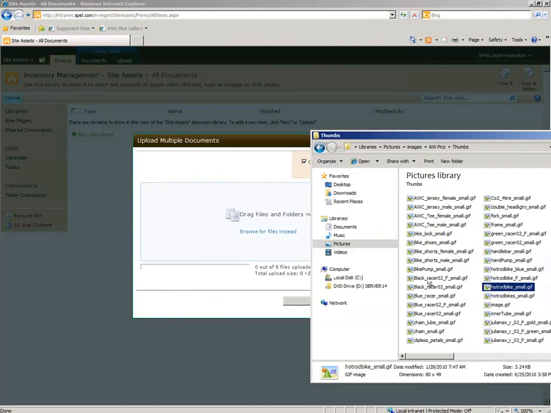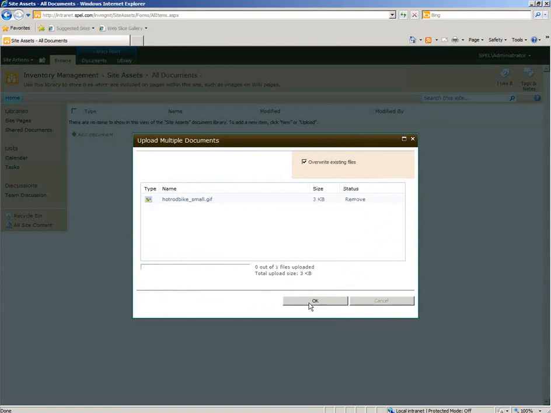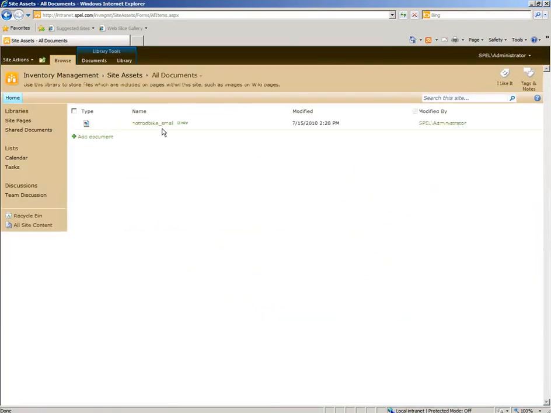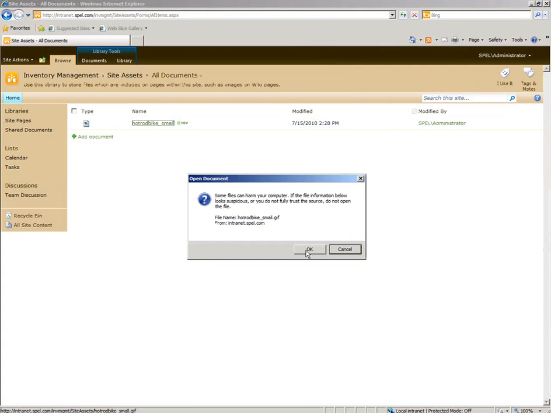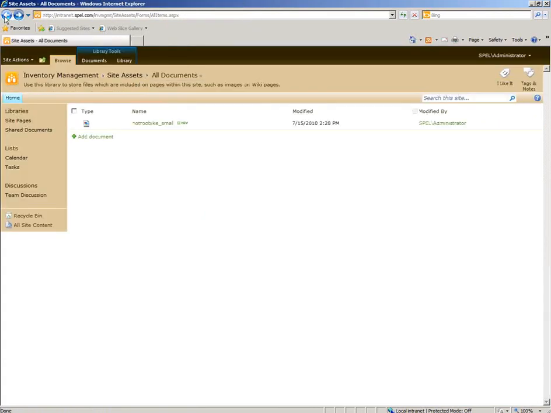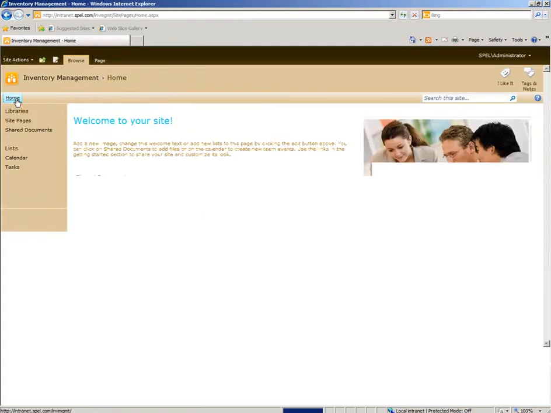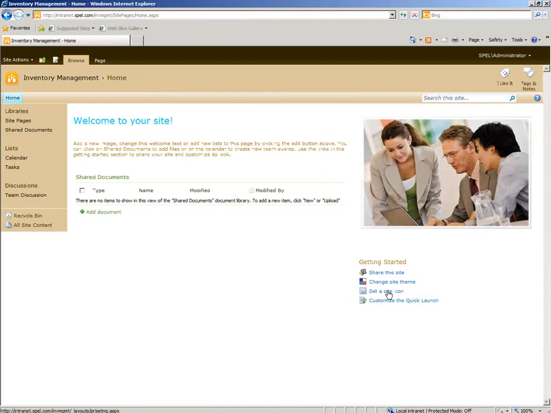Okay, I'm going to drag and drop from my Windows Explorer directly here. Click on OK. Done very quickly. I'm going to click on this file, and it opens it up in the browser, right? I need to do that so I can grab the URL. I'm going to copy this URL, go back, go to my home page, return back to my set a site